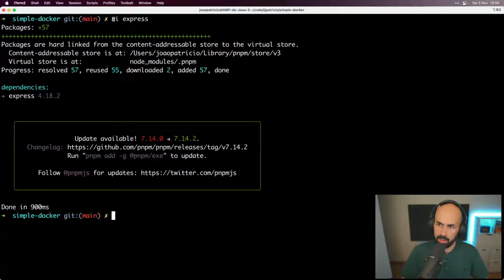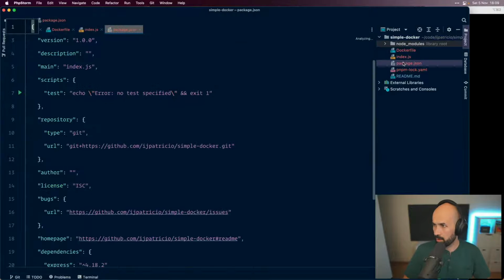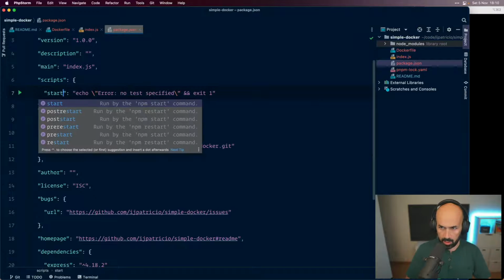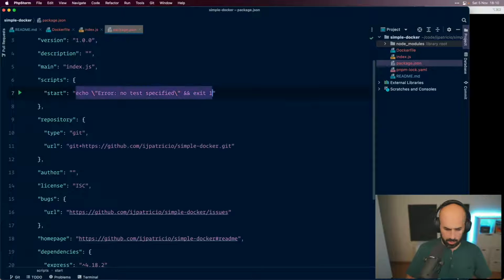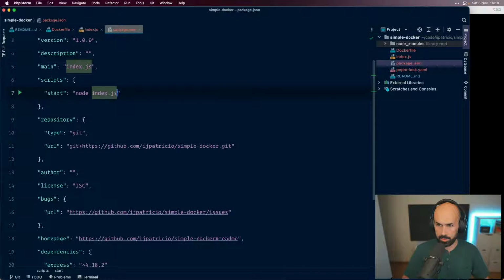So this ran inside my machine, and I'm also going to run it inside, still in my machine, no Docker until now. So npm start will run index.js, right?